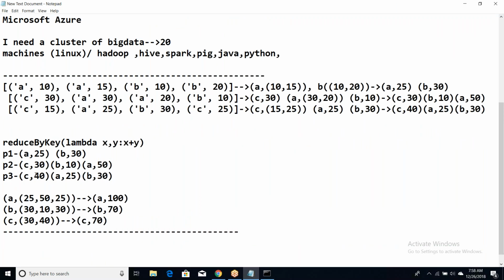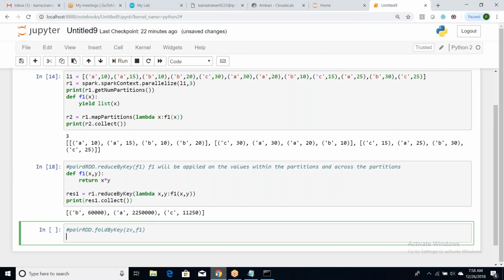Okay. The syntax is fold by key of, I'm taking sum 2 as the zero value, and the function lambda x comma y implies x plus y. Let me first compute here, after that I will explain. So result 2